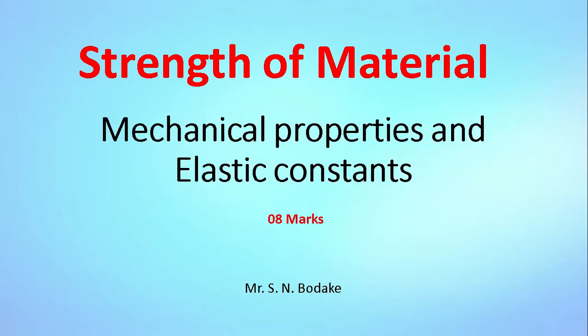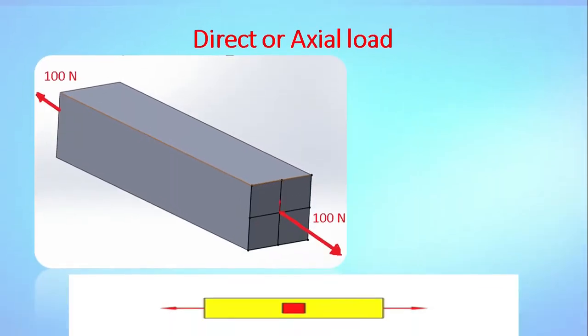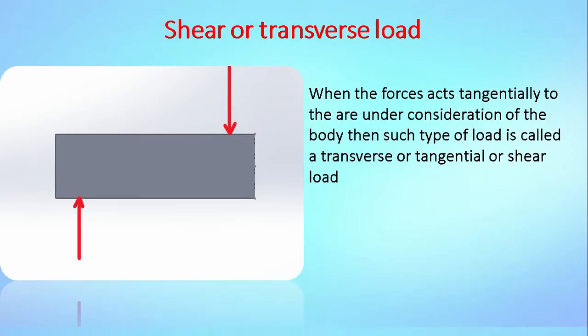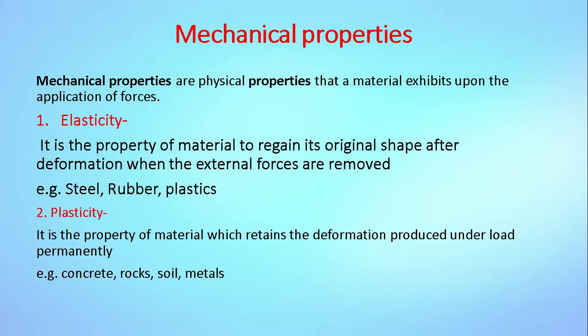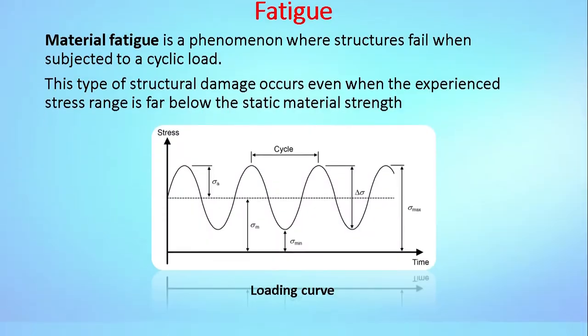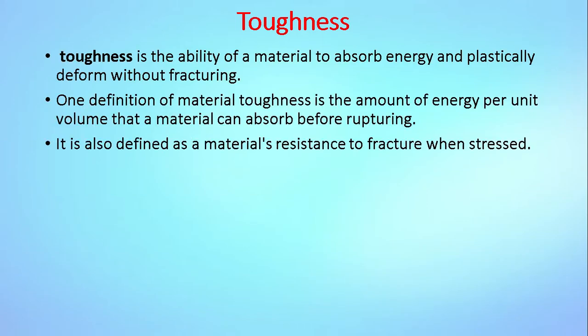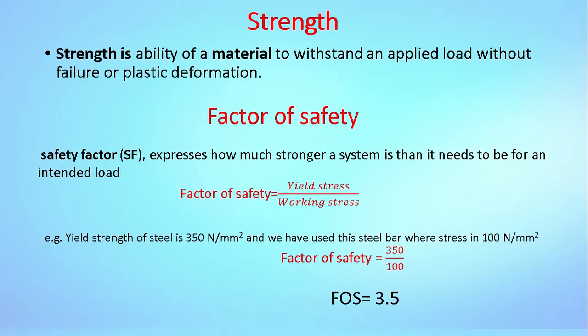This is our second lecture on mechanical properties and elastic constant. In previous lecture we have covered the types of loading and brief description of each type of load. Then some important mechanical properties of material such as elasticity, plasticity, brittleness, ductility, malleability, fatigue, creep, toughness, hardness, strength, factor of safety,